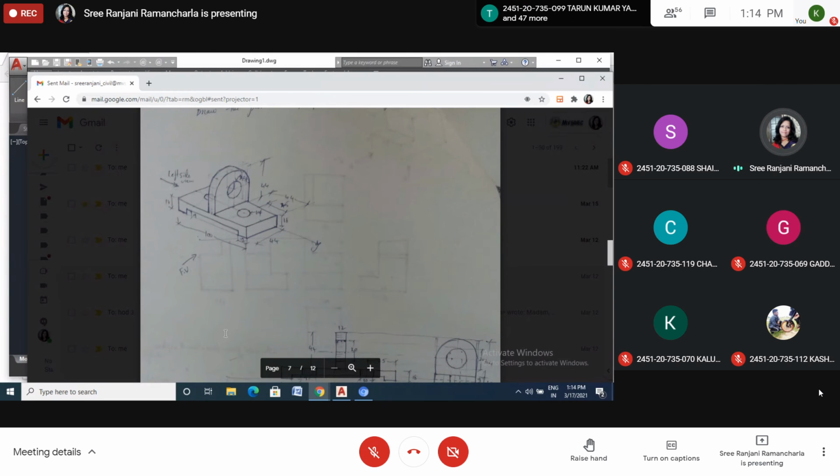Combined three solids. So please do it in your drawings on A4 size. Then whatever you are practicing in AutoCAD, you need to take a printout and submit it. But manuals, all manuals should be compulsory.